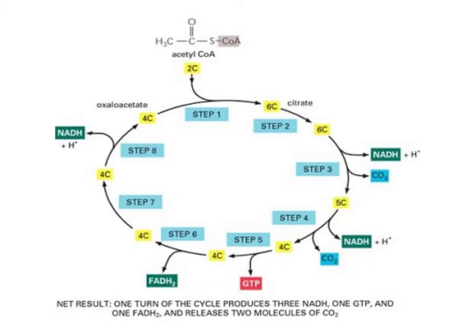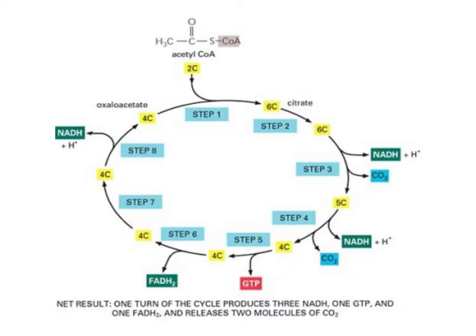The Krebs cycle. This is a chart I found on the Krebs cycle. It's also called the citric acid cycle, and I like this chart because it has all the steps labeled, so it helps me understand where to start and where it ends. And the result is that in this cycle, you get 3 NADPH, 1 GTP, and 1 FADH2, and what is